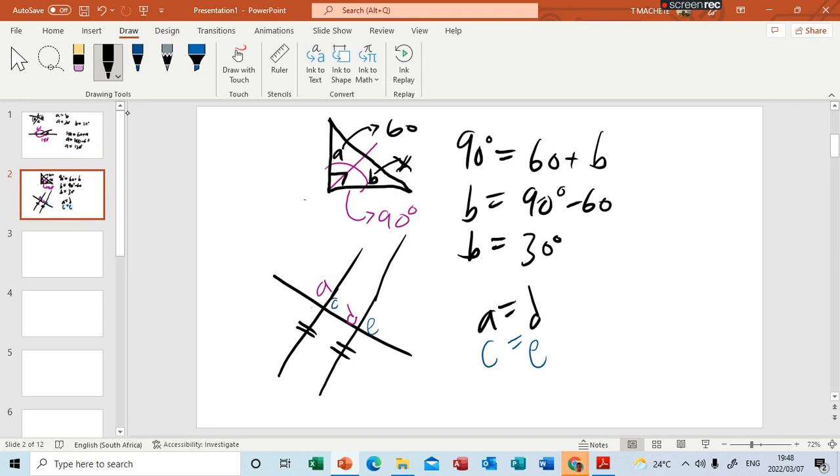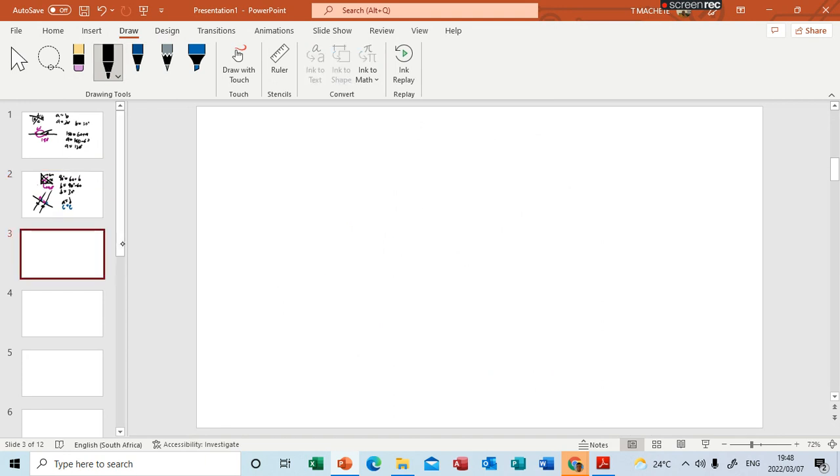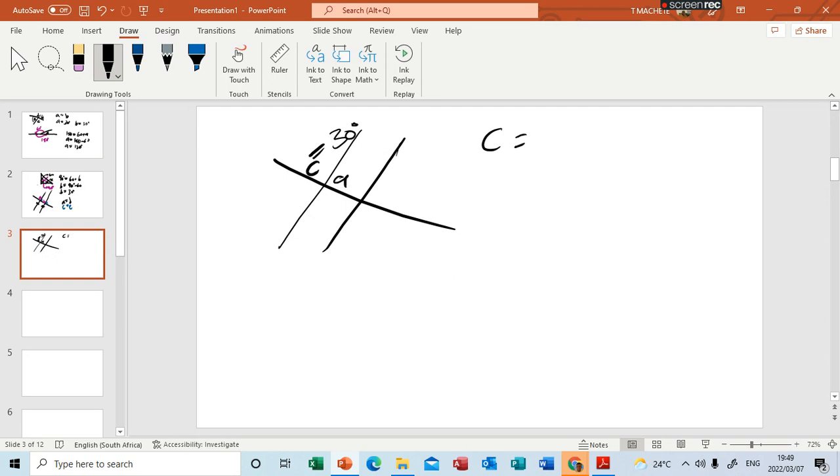Let's say, for example, I'm gonna draw that again. Let's say you're given C, then they ask you to find A. Let's say C is equal to 30 degrees. Remember I said C is equal to E, then D is equal to A. So let's say you're given 30. So in order for you to find A,